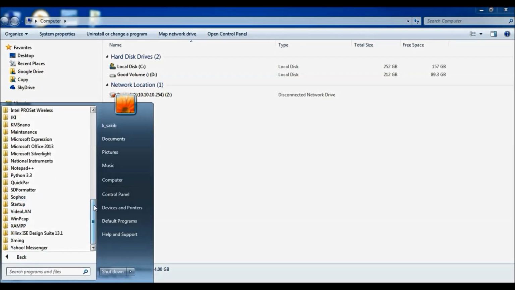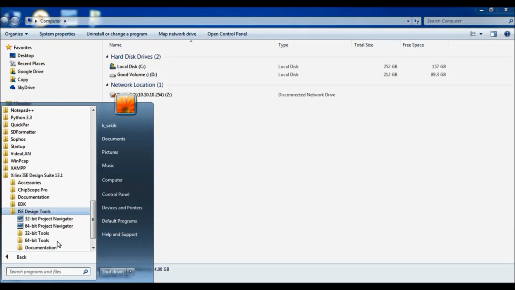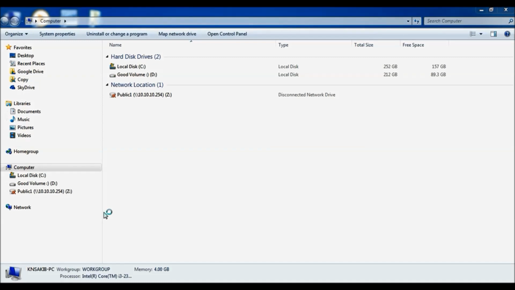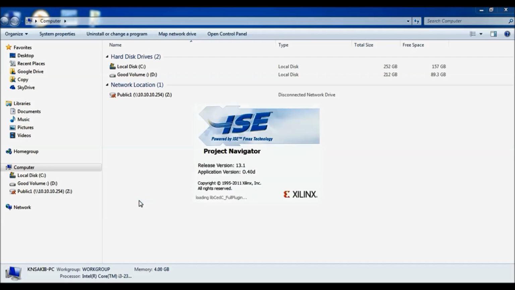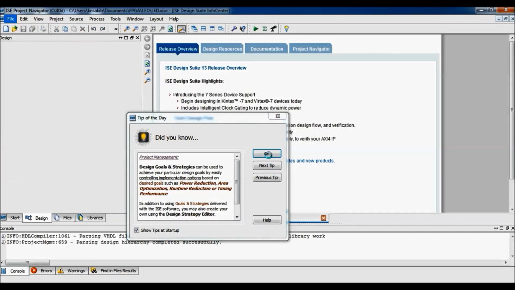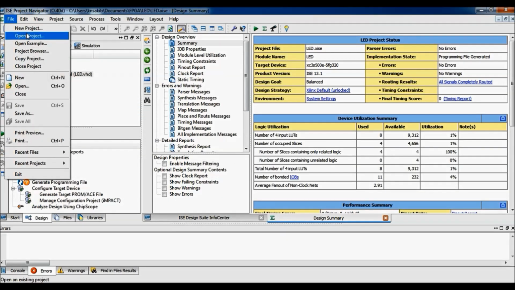Here I will show you implementing a binary to decimal decoder on a Xilinx Spartan 3 FPGA board. First we will go to ISE Project Navigator, Xilinx ISE Project Navigator. I choose 64-bit. Depending on your operating system you should choose your version. Then we will click file, new project,